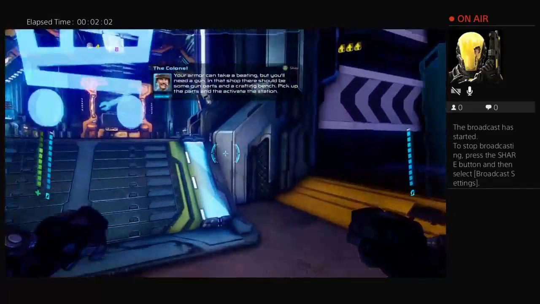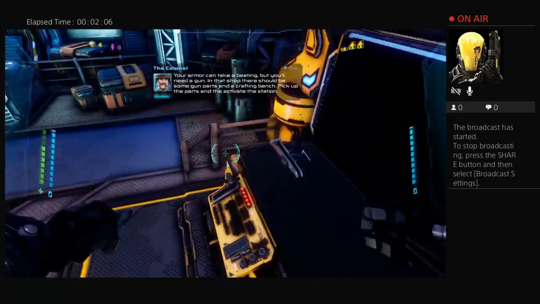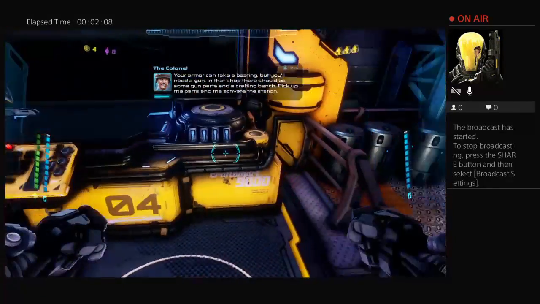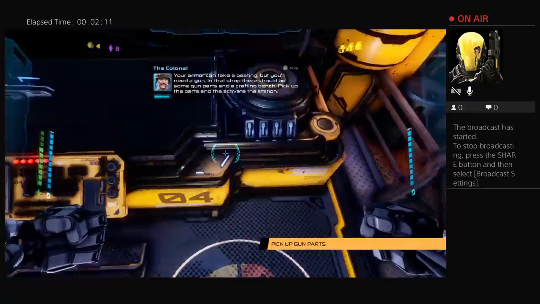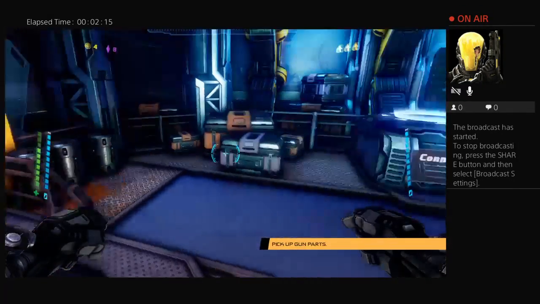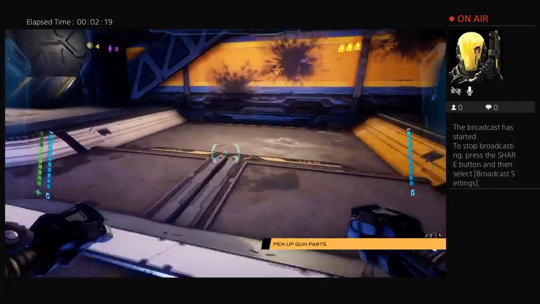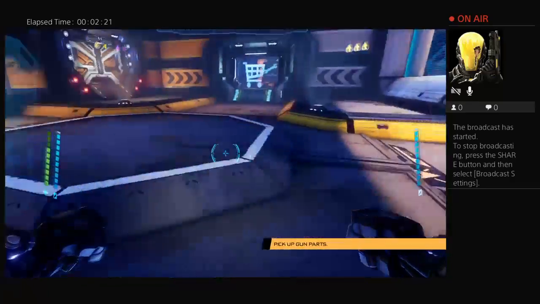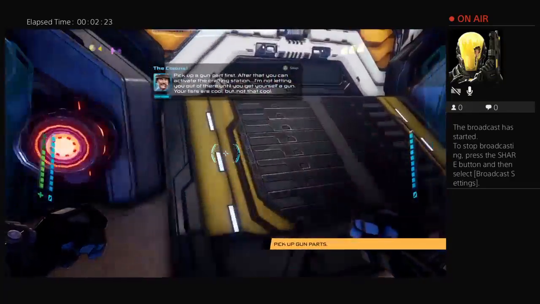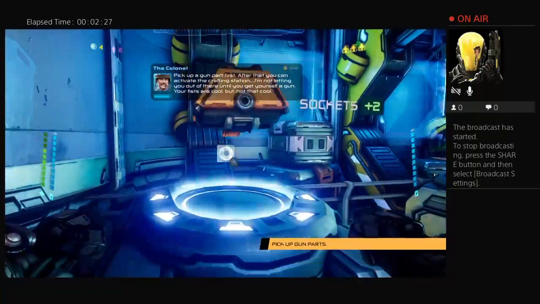Can take a beating, but you'll need a gun. In that shop, there should be some gun parts and a crafting bench. Pick up the parts and activate the station. Pick up the gun part first. After that, you can activate the crafting station. I'm not letting you out of there until you get your...